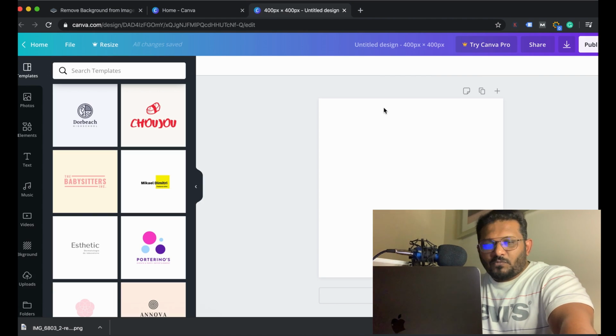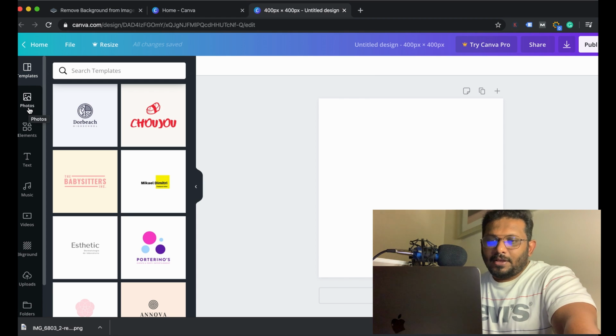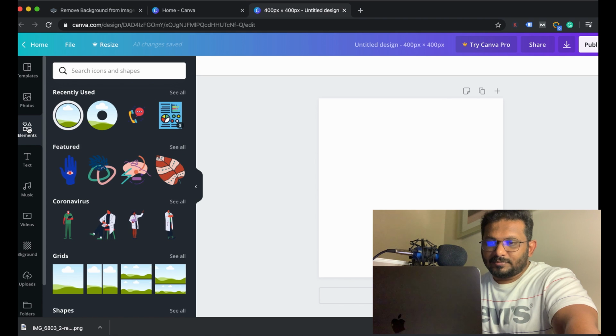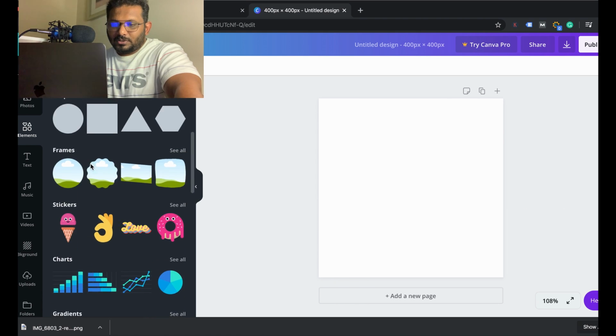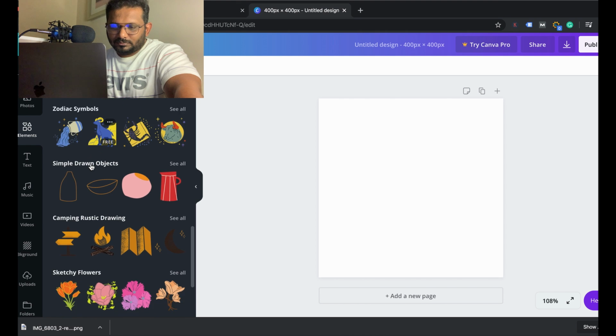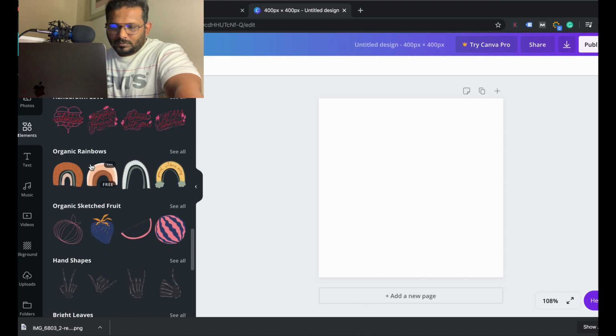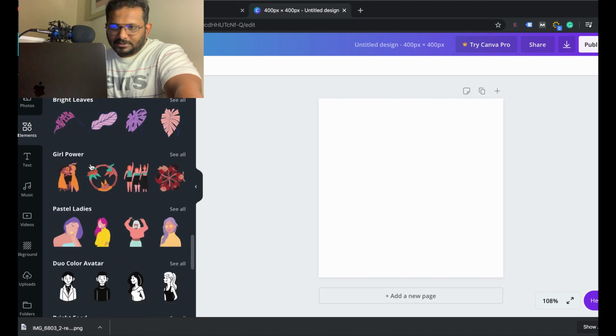So this is the photo size of a LinkedIn picture. Now on the left-hand side we can see the menu of Canva. Go to elements, then scroll down. There is an option called frames.